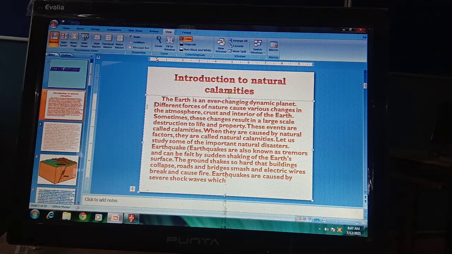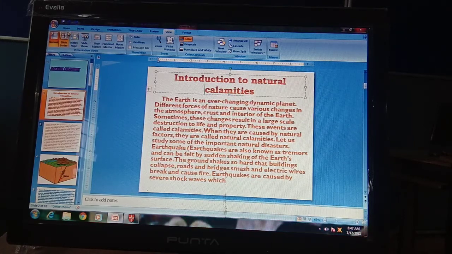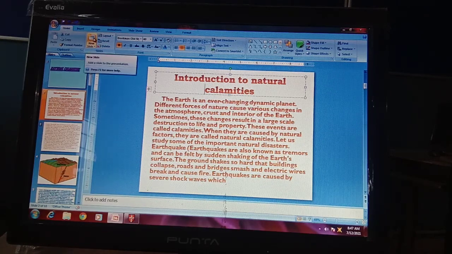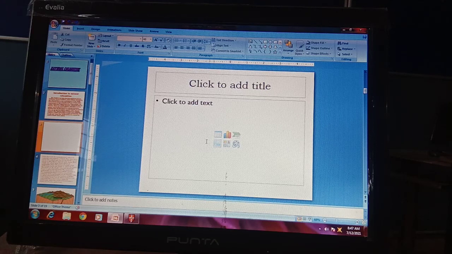Now the last topic of today is how to add a table in a slide. First of all, for this I want you all to add a new slide. Whoever is doing it on their computer can also follow these steps. For adding a table in your presentation, first we need to click on New Slide. You can add a table anywhere, but right now I don't have any space for a table, so that's why I am adding a new slide.